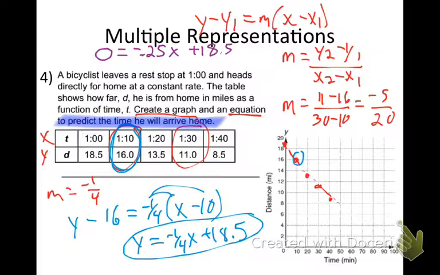So I'm going to subtract 18.5, right? So I get negative 18.5 equals negative 0.25x. So I divide them. Now negative divided by negative would get me a positive, right? And as I look at my graph, it's kind of going down here. You can kind of get a pretty good idea of where it should be, do you not? That's 7.4. I got close. So you want to do 18.5 divided by 0.25. You should get about 74